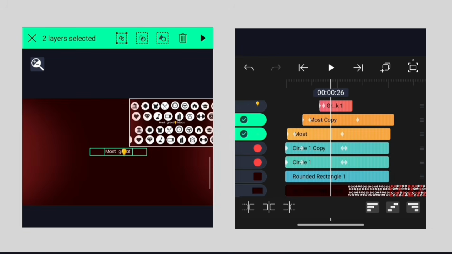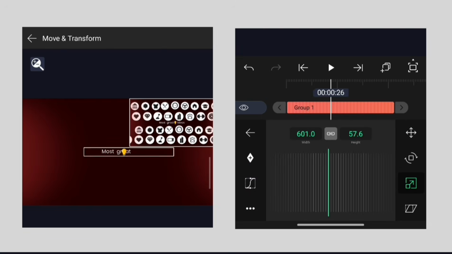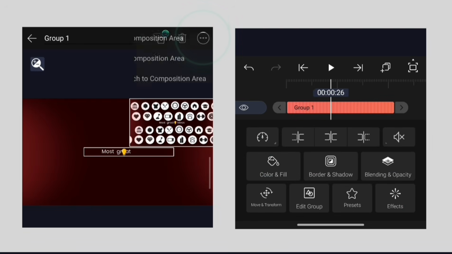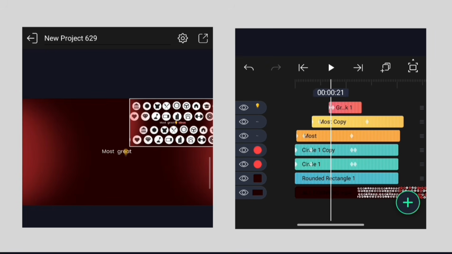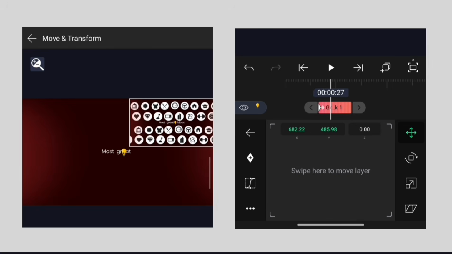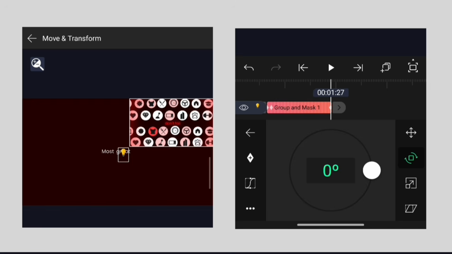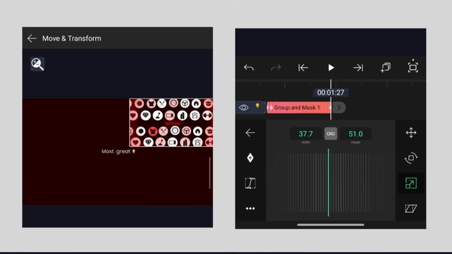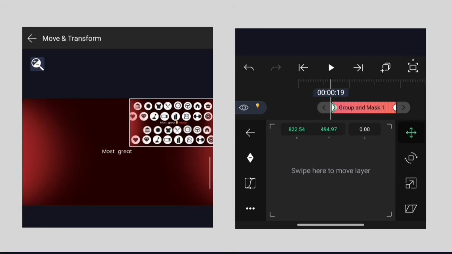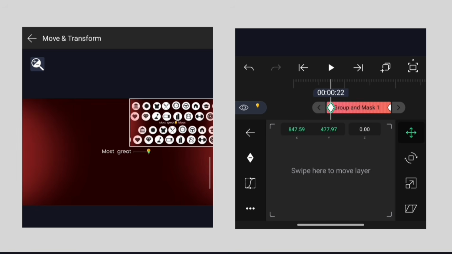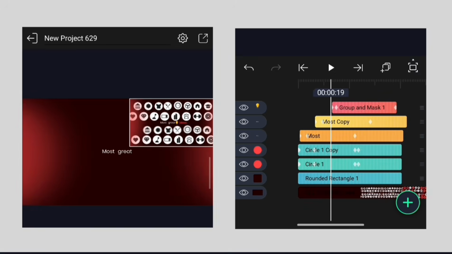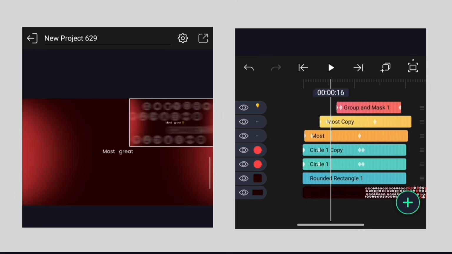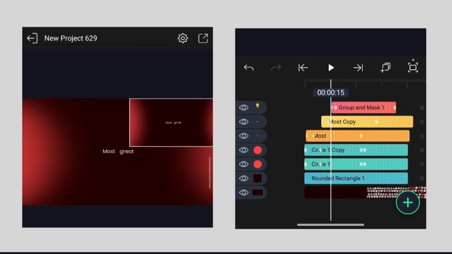I think let's increase the size of this text. Okay, now ungroup it. Okay, so most great ideas. Alright, let's just adjust that to fit. Shift it here. Okay, so we go most great ideas. Ideas will come around here. So it goes